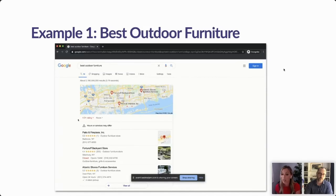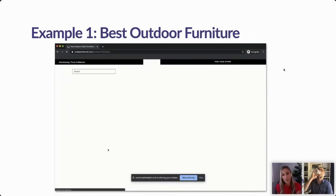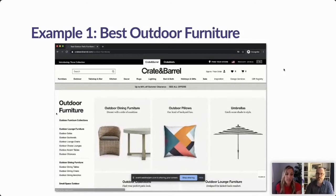They say 4 and above, so I'm only going to see the best, right? So Crate and Barrel has done a good job with this. They put best outdoor patio furniture in their title, their description. Similar results are there that we've optimized for, that they've optimized for. So if you click on the result, outdoor furniture, front and center, outdoor, ways to search it, outdoor dining, outdoor